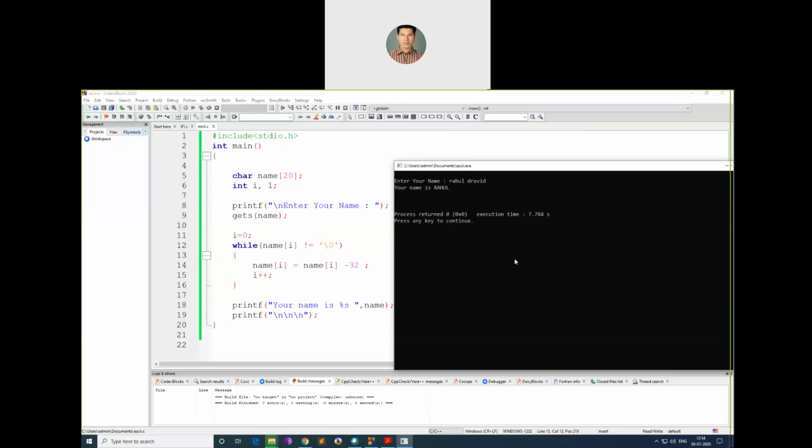Okay, now what is happening here? Enter a name, Rahul Dravid. Only the first word is converted. What about the next word? If name of i not equal to 0, that is not the end of the string, no?